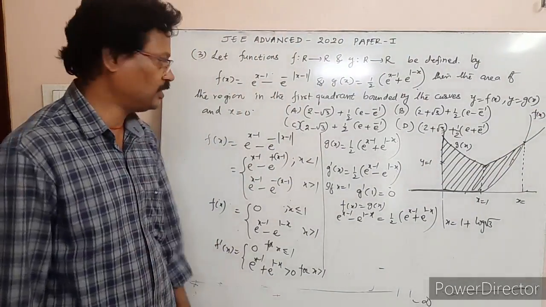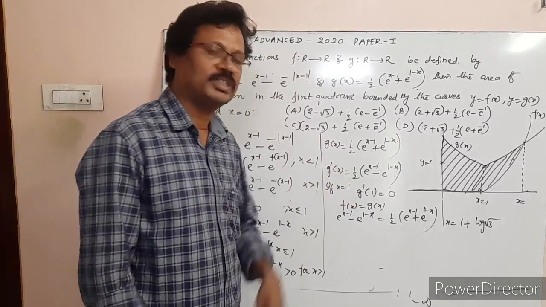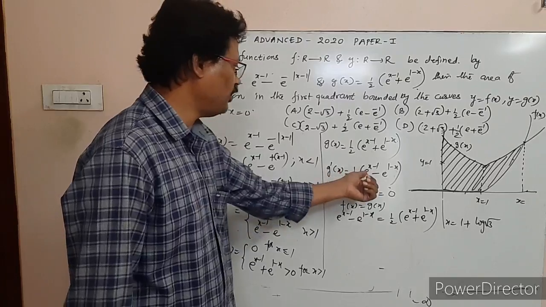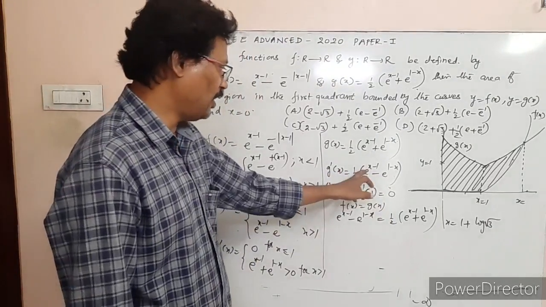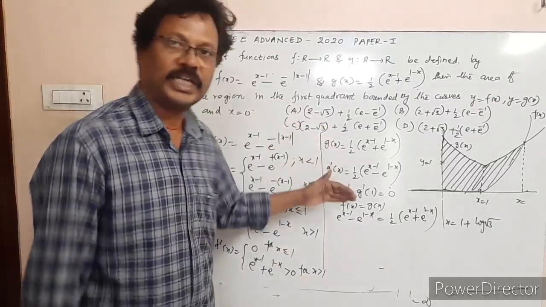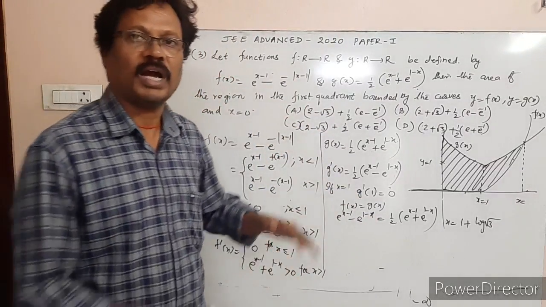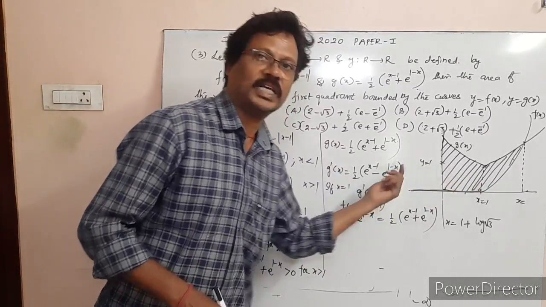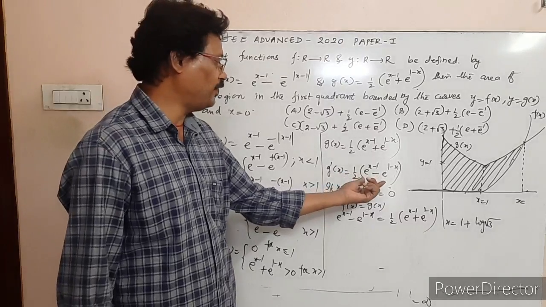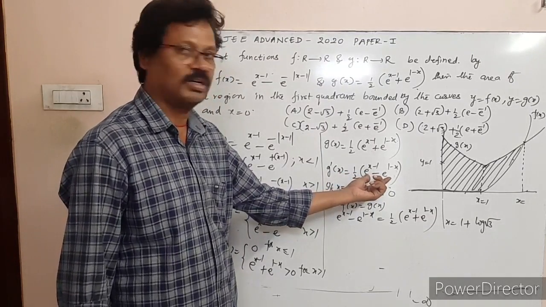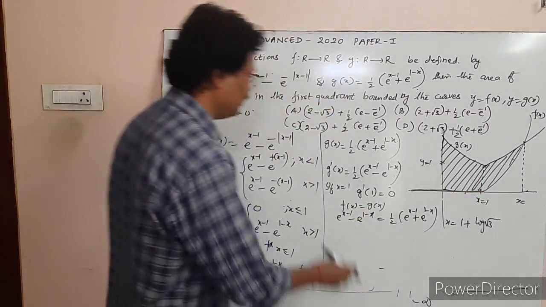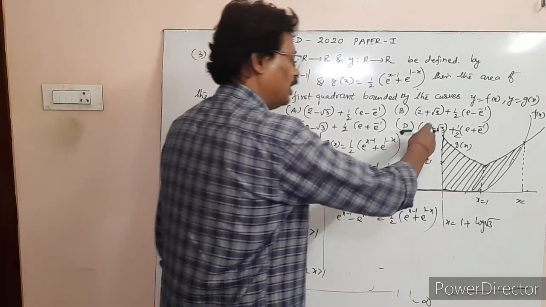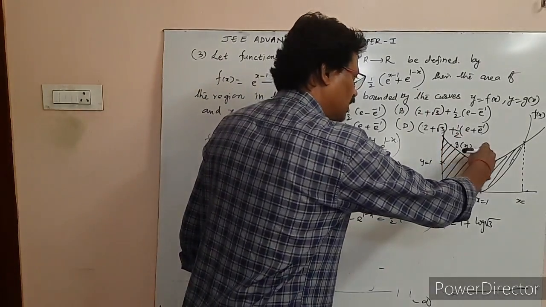And if you see g(x), find g'(x) of this one. If x is equal to 1, what will this be? This is 0. At x equal to 1 it will be 0. Therefore, at x equal to 1, g(x) may have a minimum or maximum. Now, if x is less than 1, what will g'(x) be? This is a negative number. Therefore, if x is less than 1, since it is negative, it is decreasing, coming from upside.